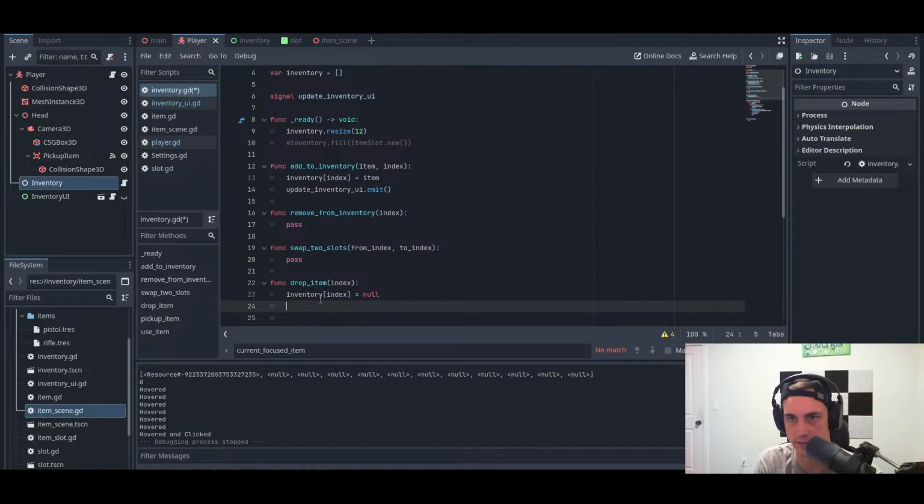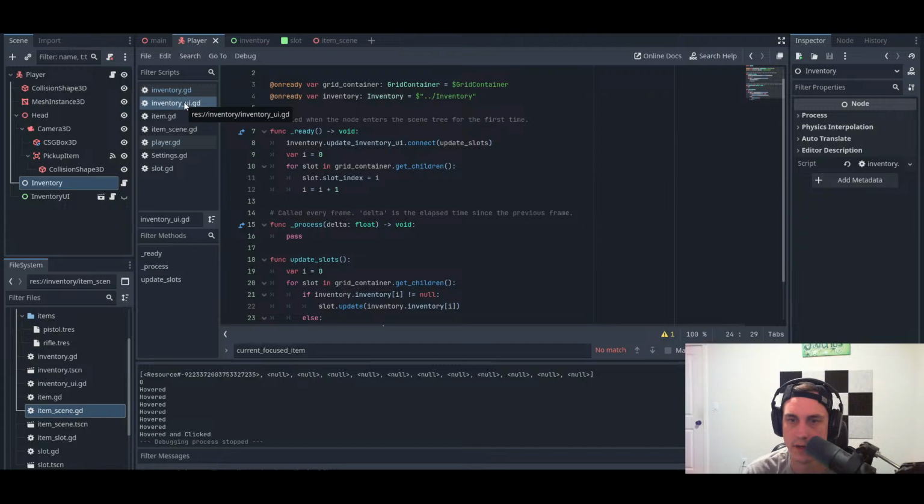Inventory index equals null, and then we do, we want to do all of this stuff from in here. Okay. And then from in our